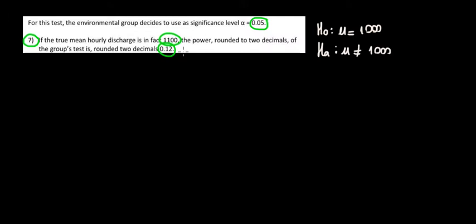First of all, we have to find out what are the sample means that allow us to reject the null hypothesis, and then based on this true mean of 1100 liters, we're going to see what is the probability of being able to reject that null hypothesis. So we will reject H0 if our Z values exceed the critical values. So the Z value has to be greater than or equal to the critical value